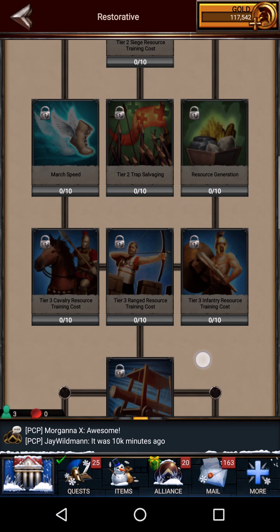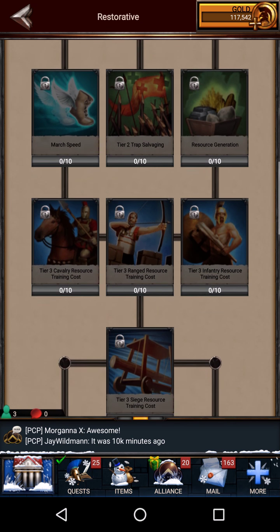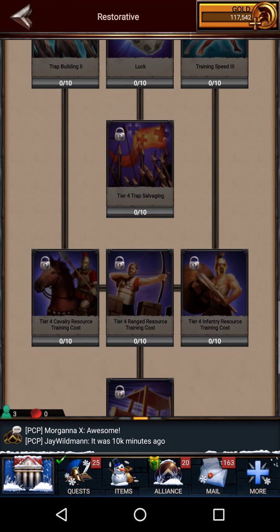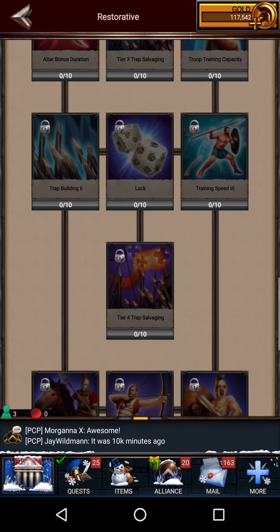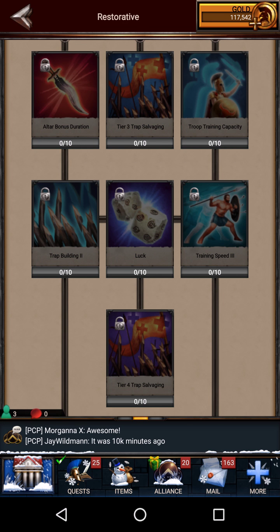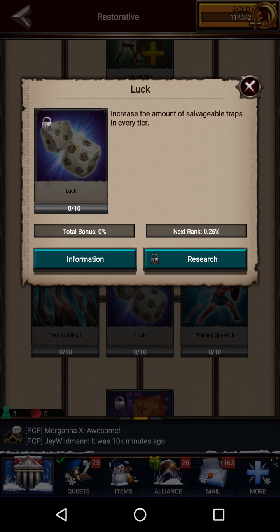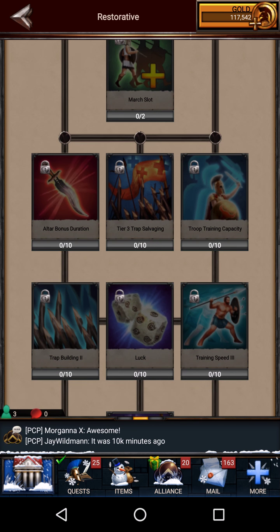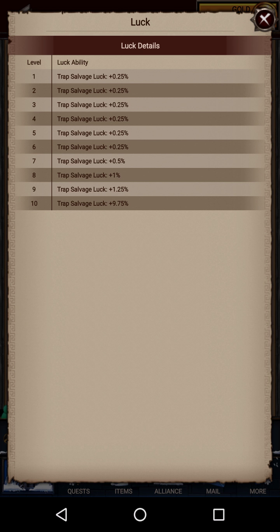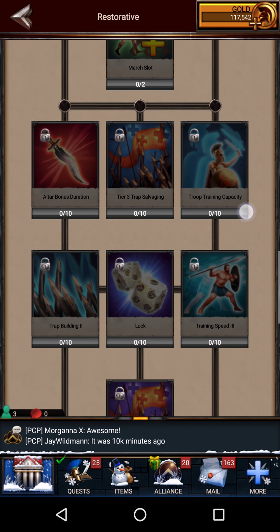We will research these down here. Trap salvaging. We'll basically complete the entire restorative tree, except for duration and this siege down here. But it's going to give us this training speed. It's going to give us luck, which is kind of one of those situations where basically you can salvage up to 70% of your traps when they attack, but the luck increases that to where it can technically salvage up to another 20%, maybe 15%, I don't know the exact number. Anyway,